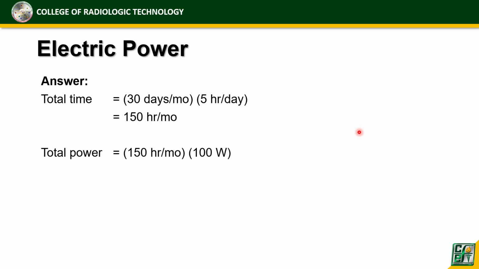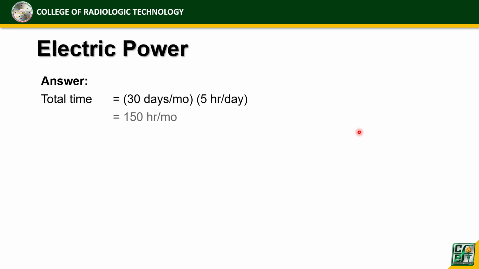So, what's the formula? We haven't used it yet, because the bulb is 100 watts, right? So, 150 hours times 100 watts. Okay. So, it has 15,000 watt hours per month. The total power consumed is therefore